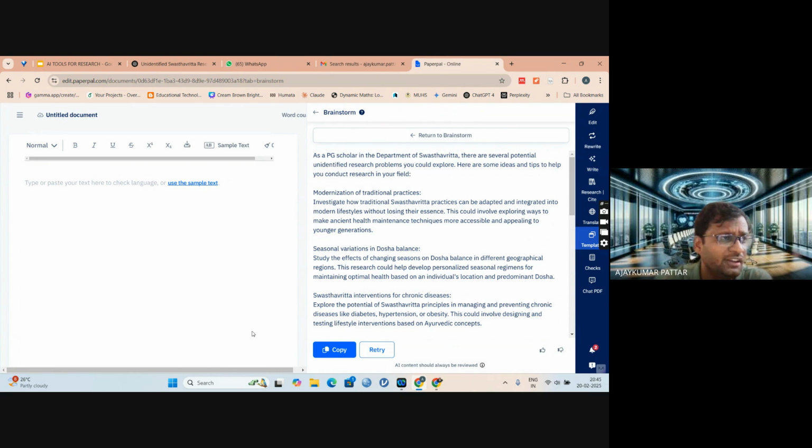So today we have done how to identify a research problem using ChatGPT and Paperpal, and how to make a research question also. Further, you can upload research papers related to a particular subject, and identify the research gap or probable new problems that have not been solved in that research. That is also possible. I will show that method tomorrow.